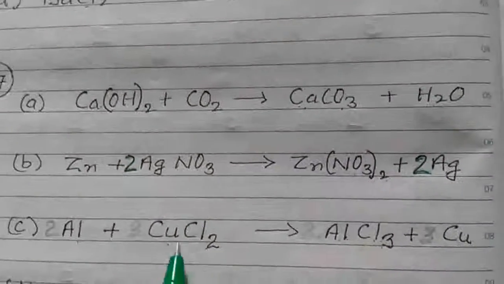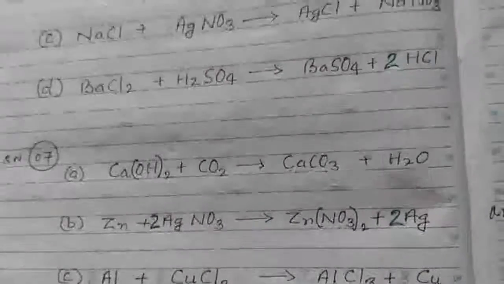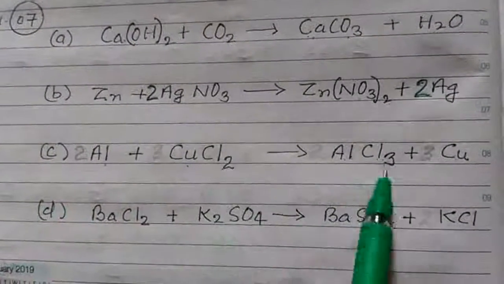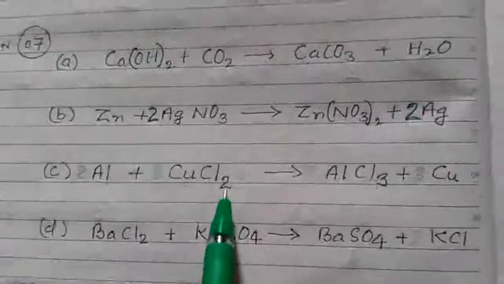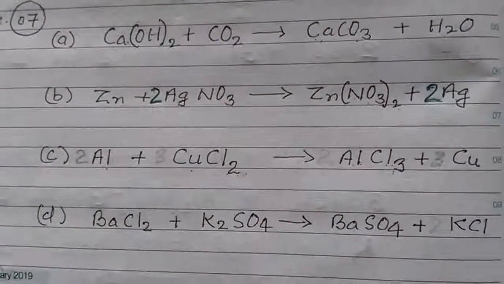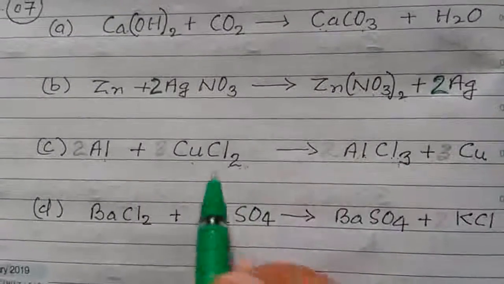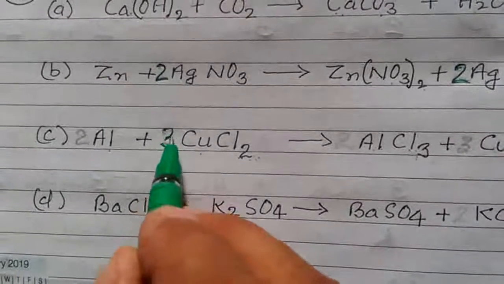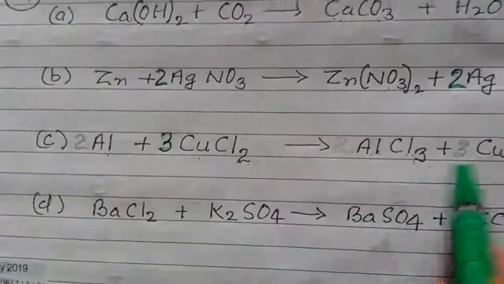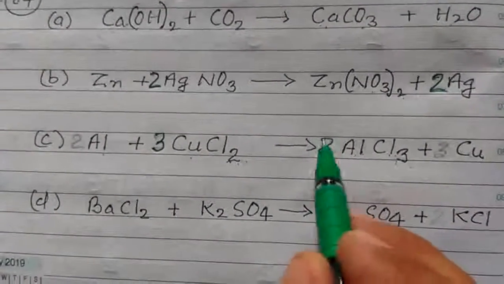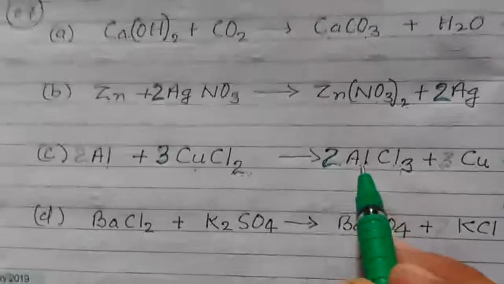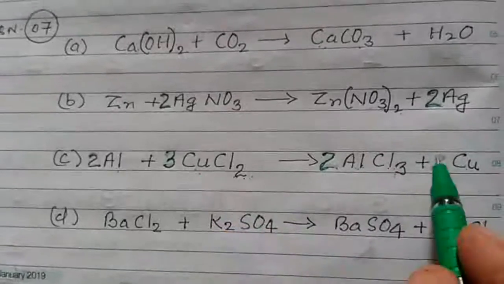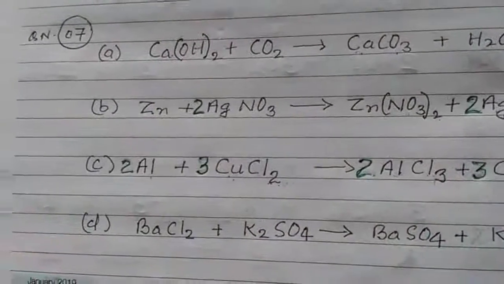We observe here the chlorine is 2, here the chlorine is 3. So it will be equalized by its LCM. When you take the LCM of 2 and 3, you get 6. So make the molecules 6 on both sides. How can you make 6 on both sides? Take 3 molecules, so you write 3 here, chlorine becomes 6. Here again 2 molecules makes the chlorine 3 times 2, just 6. Aluminium becomes 2, write the aluminium 2 here. And then copper 3, write the copper 3. So in this way you can easily balance.